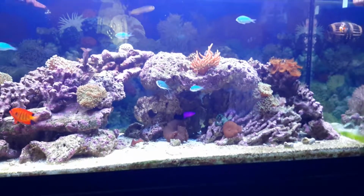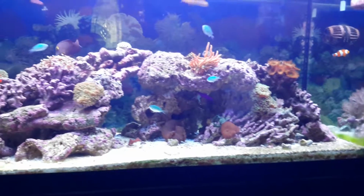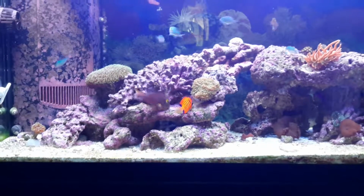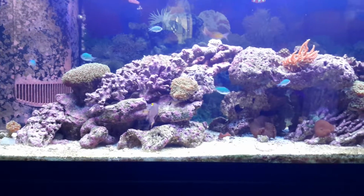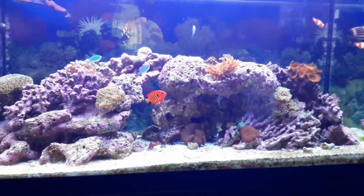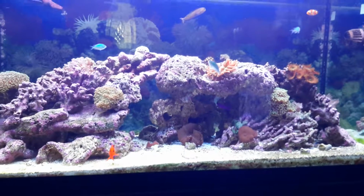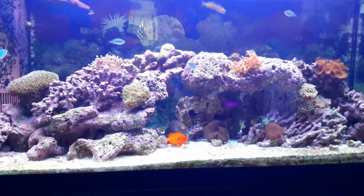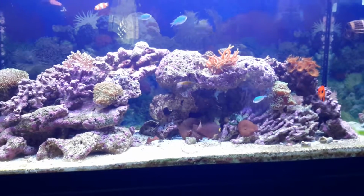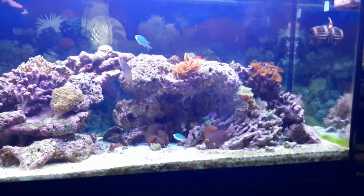It takes a lot longer than some people may think for stuff to start growing. I've had to dose it a couple times. Alkalinity seems to be what I have to dose more than anything. I try to keep it a little bit above 8, about 8.2 to 8.4, anywhere from 8 to 9. I try to keep it in that range. It's dropped below 8 a few times, which I guess isn't bad, but